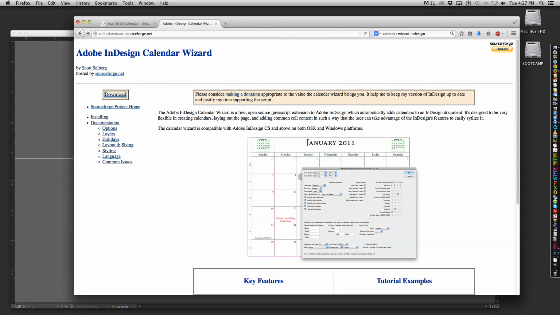Yeah, there's a great tool out there. It's called Adobe InDesign Calendar Wizard. If you do a search for Calendar Wizard InDesign, you'll be able to find it. It's a little free plugin that you can install into InDesign and build a calendar really easily. Great utility. Highly recommend it for those of you that are advanced InDesign users or advanced designers, people that know